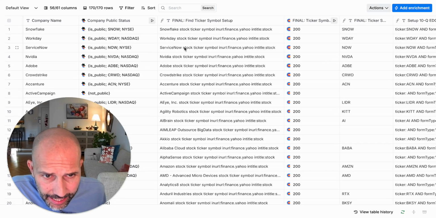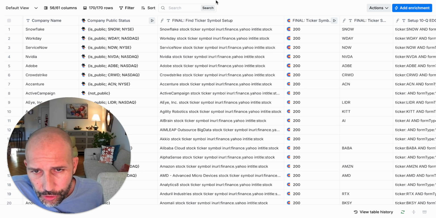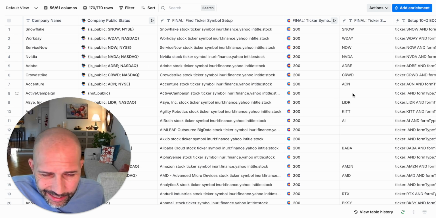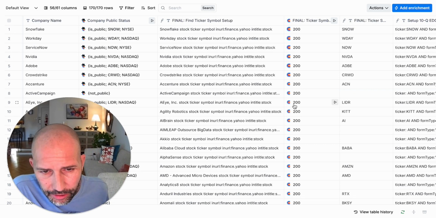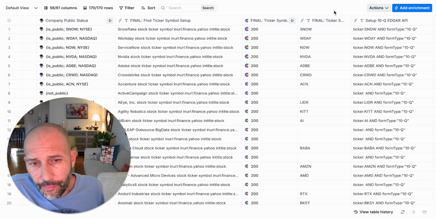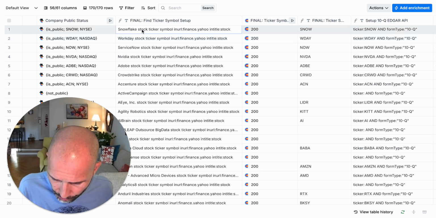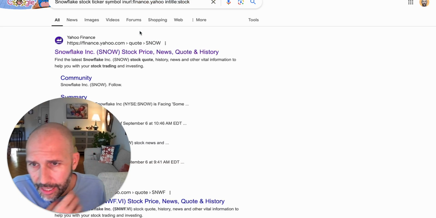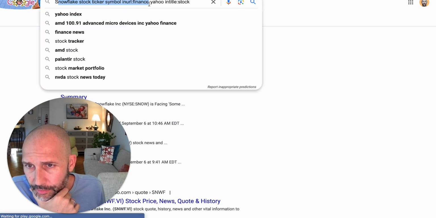The next thing that I did, I could have used the stock ticker symbol from here, but I actually used a different technique to do that. Again, this was built a few weeks apart, so maybe I could skip one of these steps, but it could be interesting. One thing I did here was to find the company stock ticker symbol, and the way I did that, when you look for it, this is my approach how to build these things. I hope you can see it. Snowflake stock ticker symbol in URL,